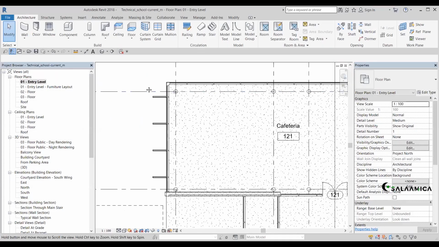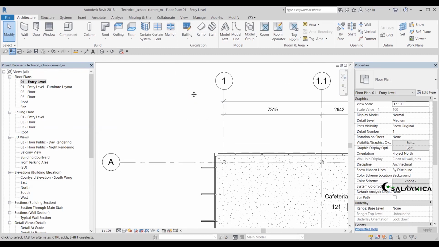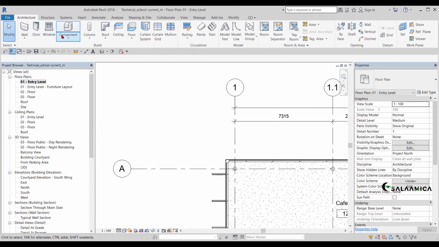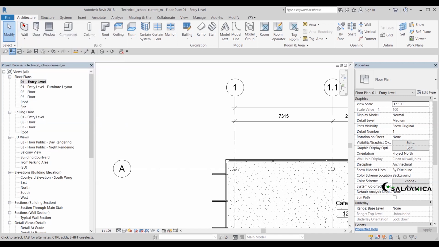Actually, not all the tools here have a shortcut. Let me just show you one here. For example, if I place my mouse here on the wall, just place your cursor there. You will find the description Wall, open parenthesis, WA, close parenthesis. So that means that is the shortcut of this tool. But not all the tools here in Revit have a shortcut.